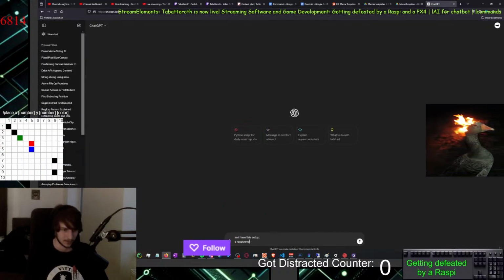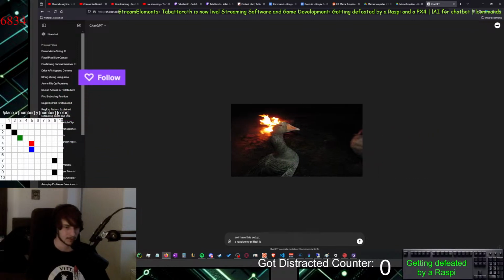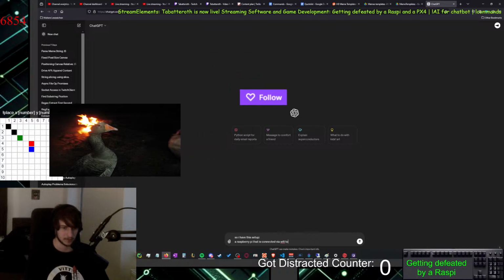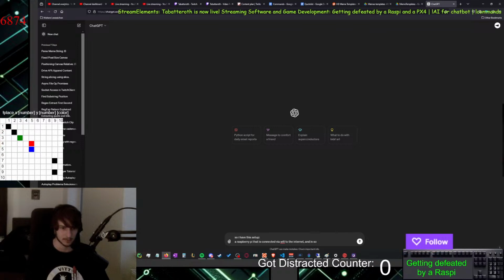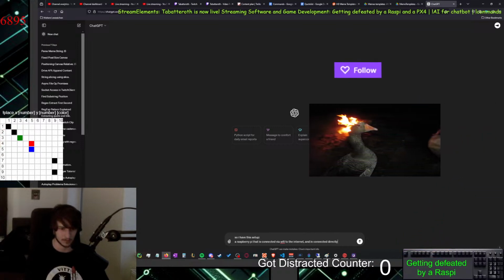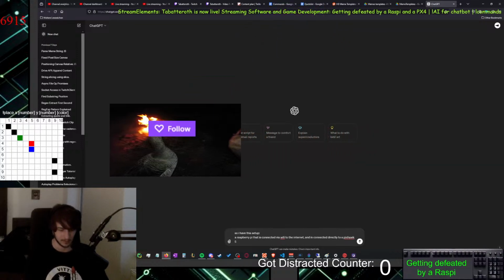Okay. That is connected via Wi-Fi to the internet and is connected directly to a PX4 5X